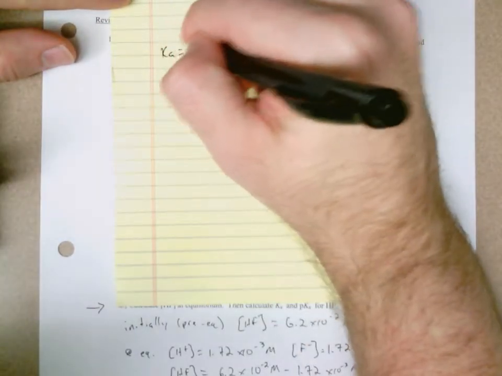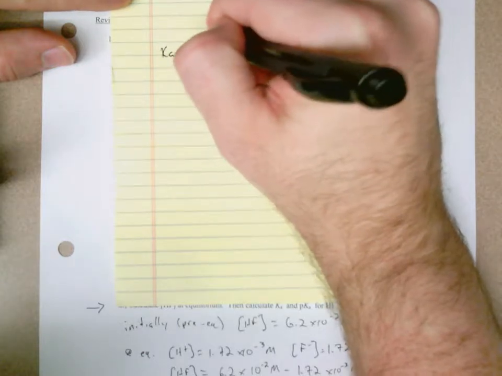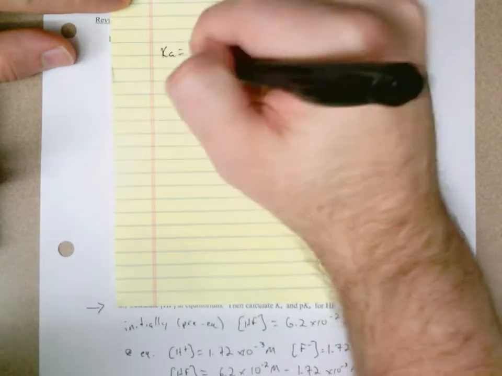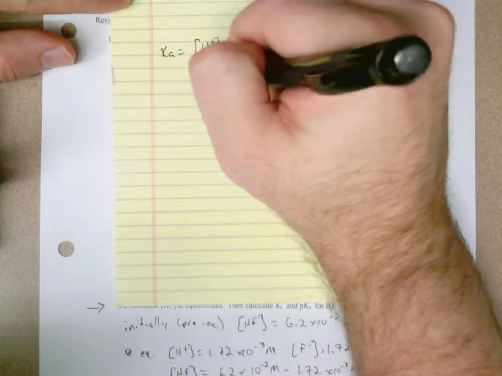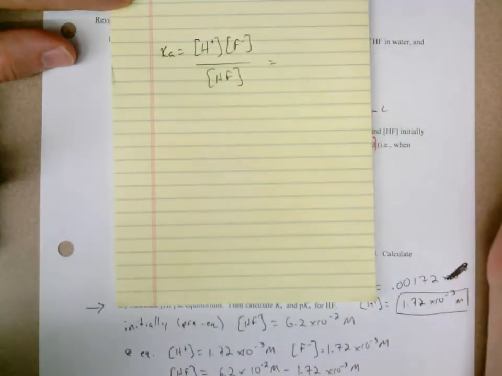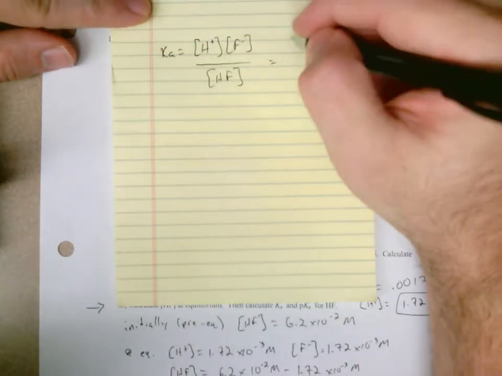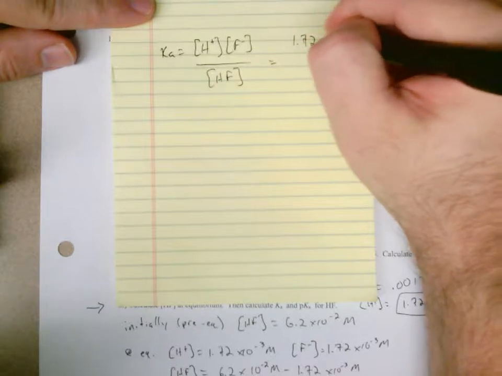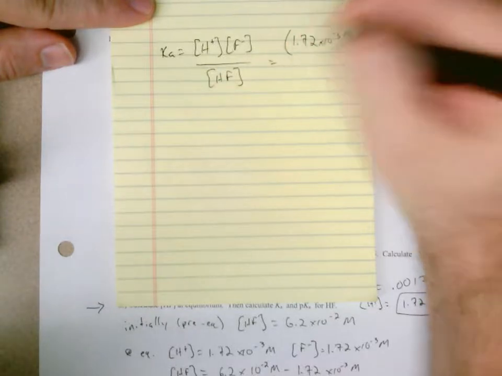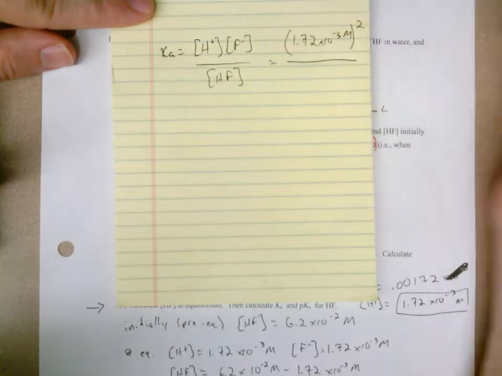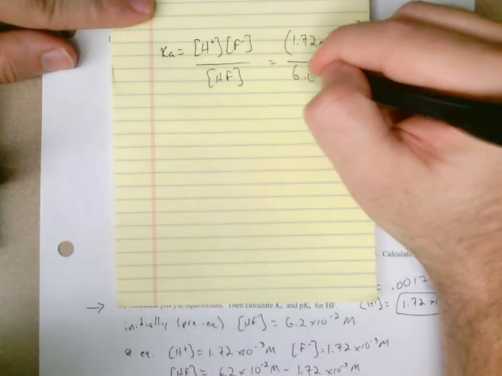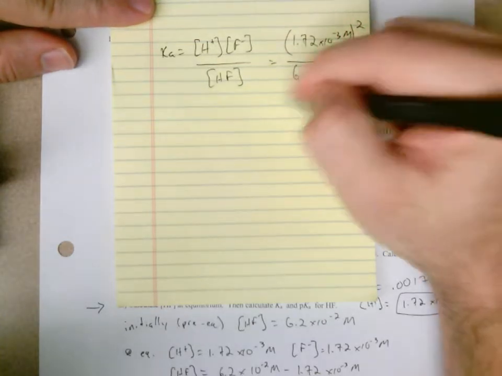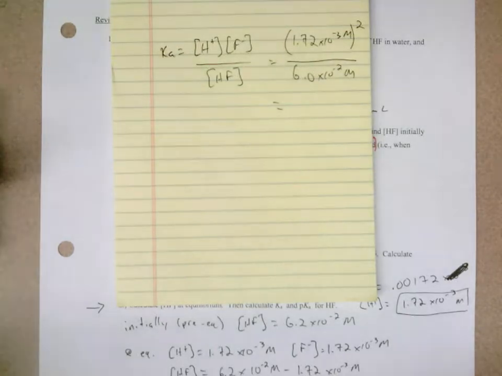Well, we said earlier Ka is this. So we just plug everything in, which would be 1.72 times 10 to the minus 3 molar. We said the H+ and the F- are the same, so I'm just going to square that to save myself some time. And I get